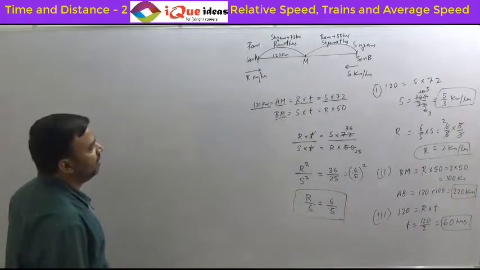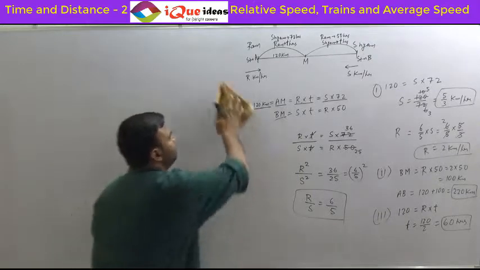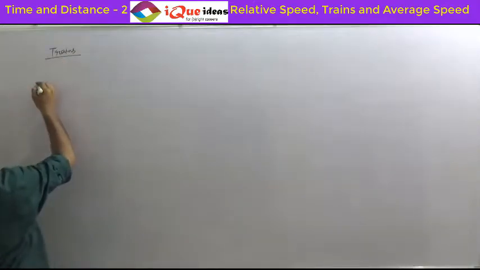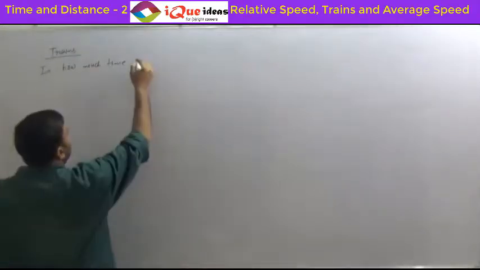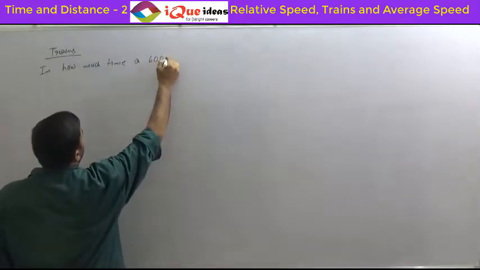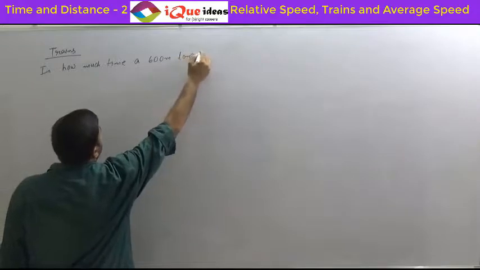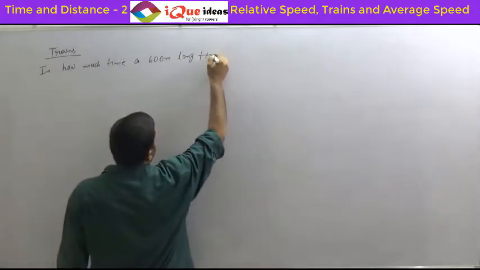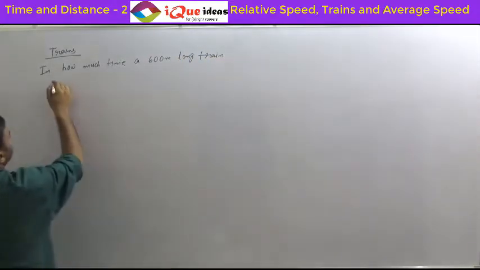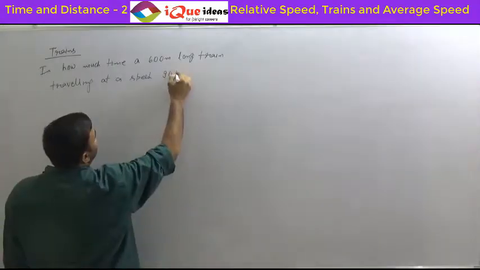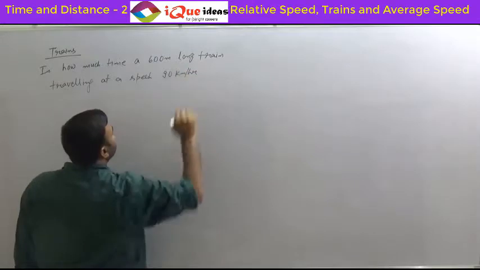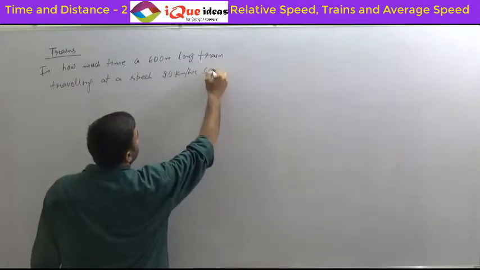Up the situation of trains. First, let's write the question statement. In how much time can a 600-meter long train traveling at a speed of 90 kilometers per hour cross